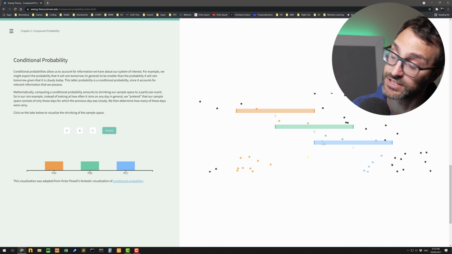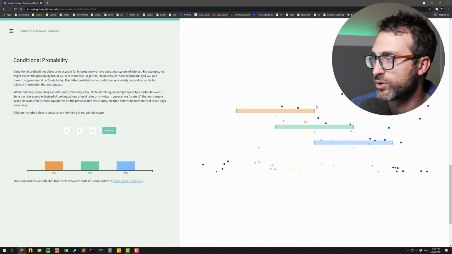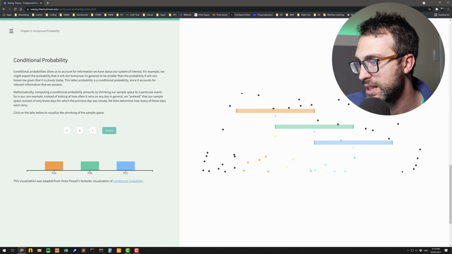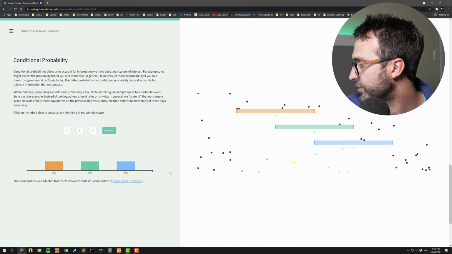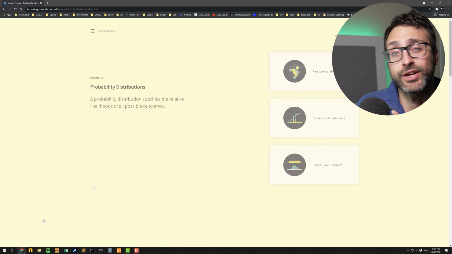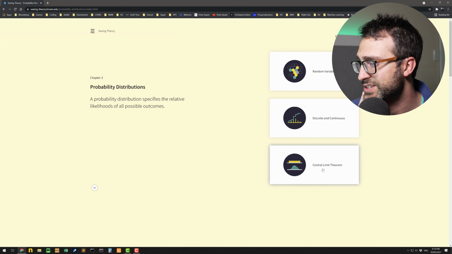So this is really nice. I love these visuals. I've always thought of using these, like shooting these little balls for uniform random variables, or just random variables in general, and this makes a lot of sense, right? This is clearly very uniform, and it's conditional on those. Beautiful, amazing work. Distributions, another thing close to my heart. Let's have a look. Random variables, discrete, continuous, and central limit theorem. All right, let's have a look at this.